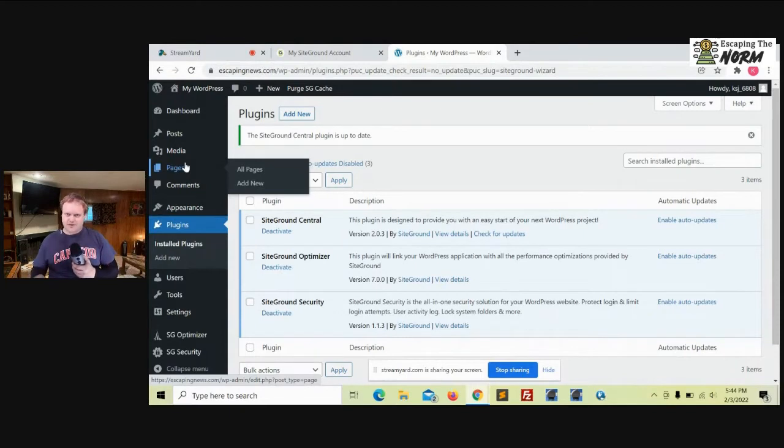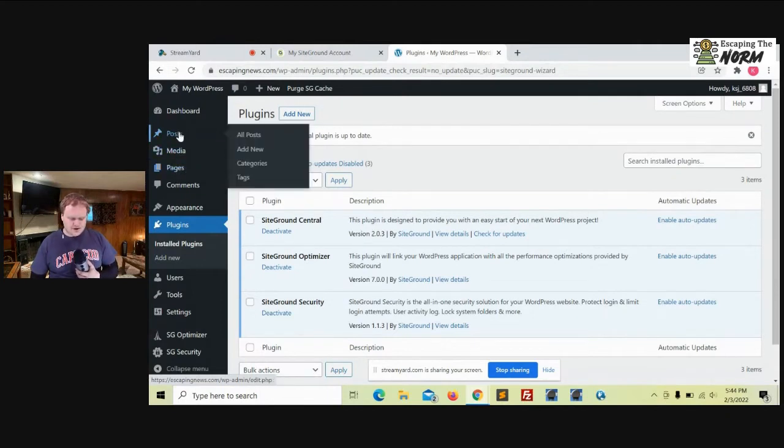It's kind of like the privacy policy page and the terms of service pages, those rarely change. So you would set those up under pages, and then post is for like a blog post. Like if it's content that you're creating on a daily basis or a weekly basis, you'd want to use post. Now, another difference between pages and posts is posts have tags and categories, so you can make different